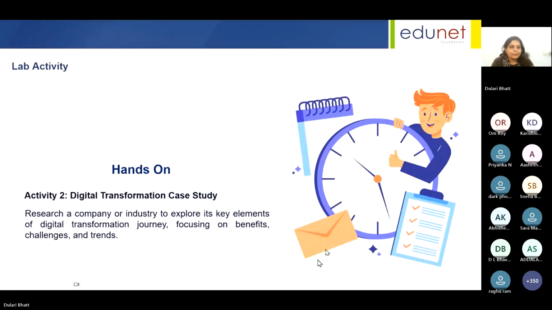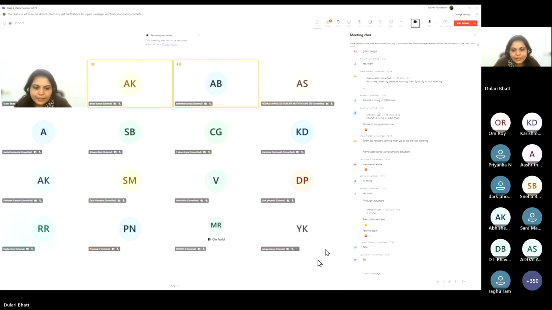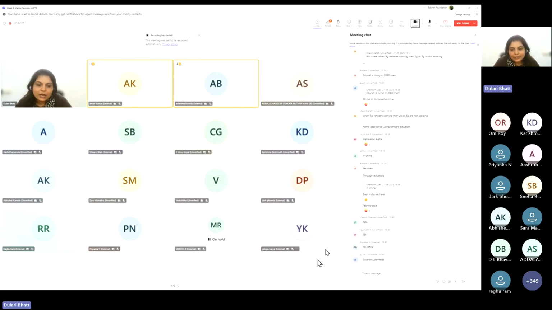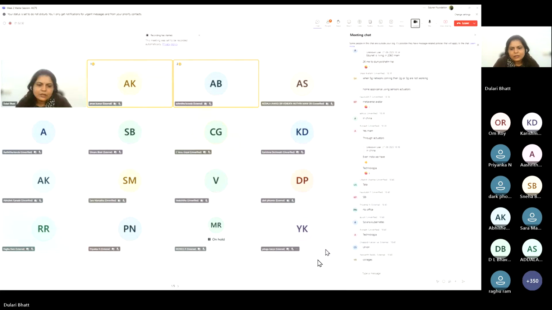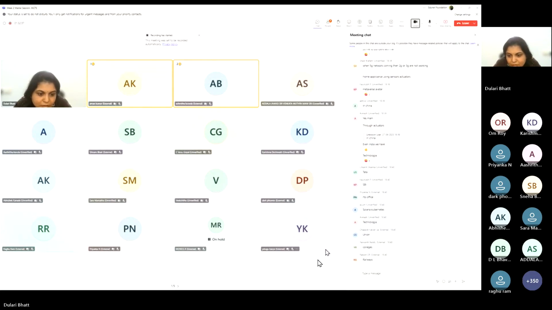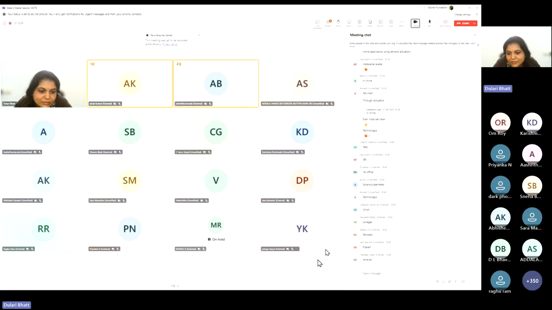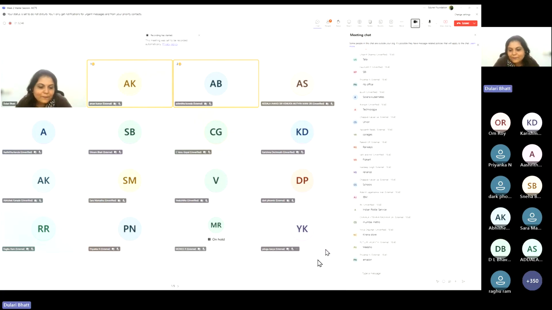Right. So for Unit 2, we have a hands-on, which is a case study: research a company or industry to explore its key elements of digital transformation journey, focusing on benefits, challenges, and trends. I would just request you to put some of the companies' names or industries where you have seen digital transformation, that traditionally it was operating in this way, but today it is something like this. SBI, Tata, okay, RTO Office, Kubernetes, colleges, railways, Reliance, IBM, okay, Meesho, Amazon, Flipkart, every e-commerce platform you can think of, even